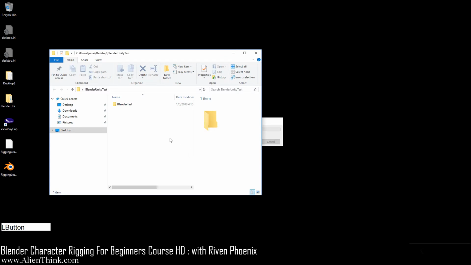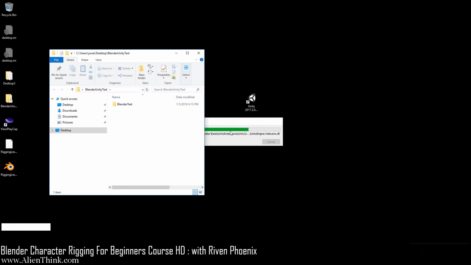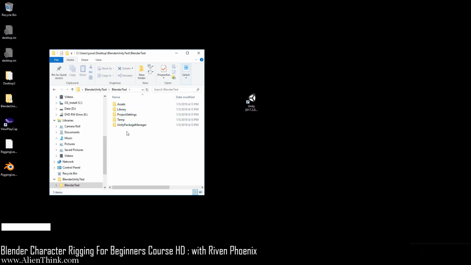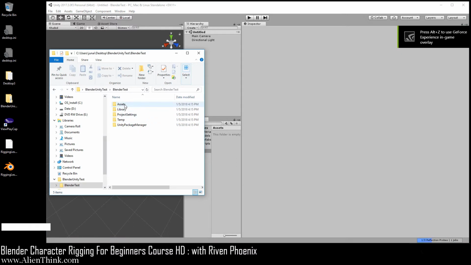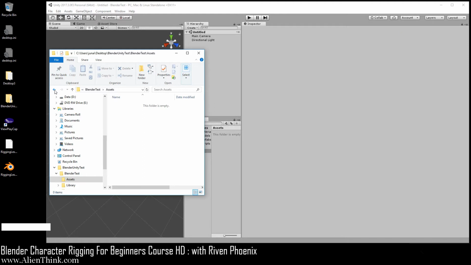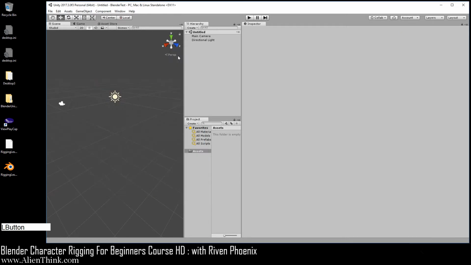Now here it's going to take a bit of work because it has to set up your project. So here I'm going to actually open up this folder to show you what's actually going on. So you can see that here in the background, Unity is basically getting your project ready. What's important to understand about Unity is that it's going to create these folders, okay? And what you care about is this assets folder. This is where all the stuff is going to be. I'm going to do back, okay? That's it. I'm going to minimize this.